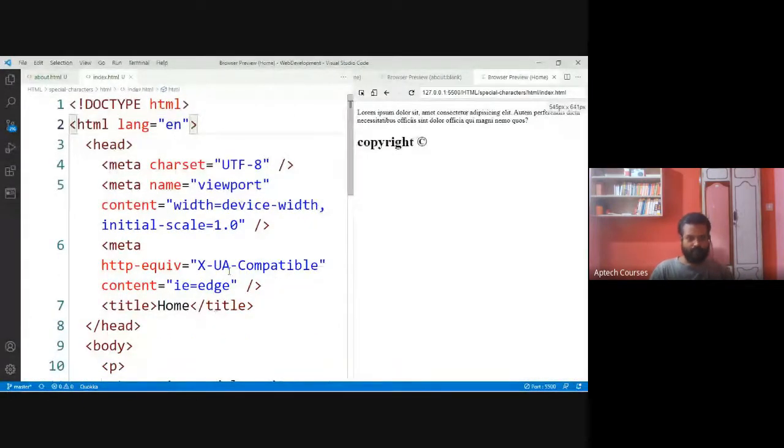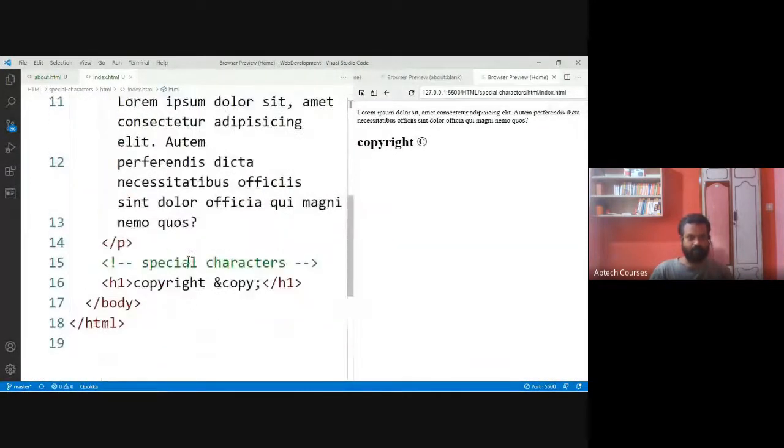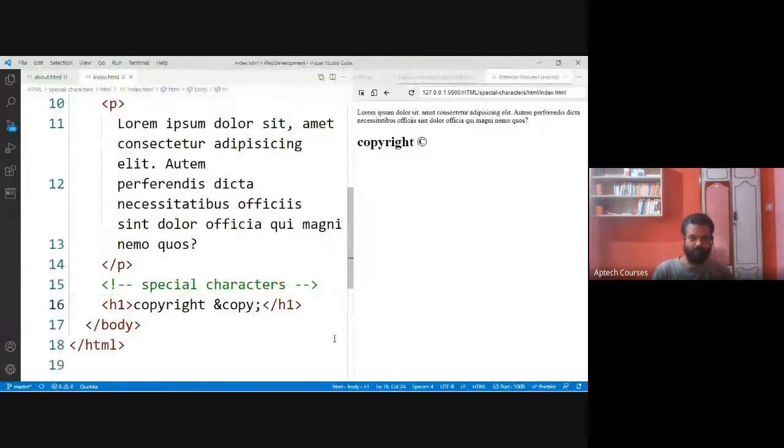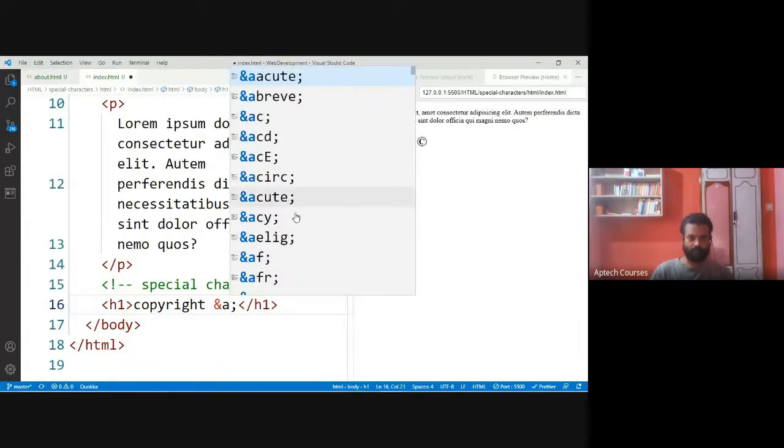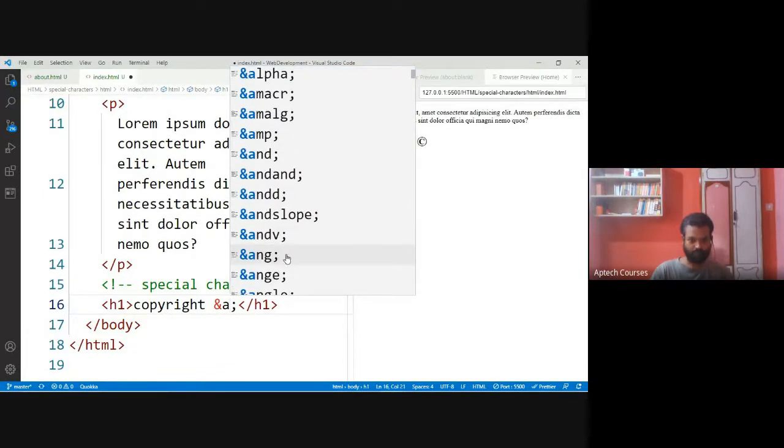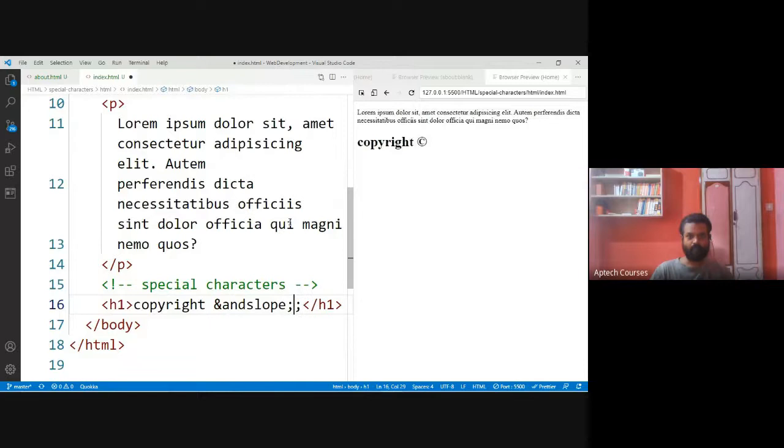So this is how we can get the copyright symbol. Like this, we can get any symbol according to your requirement. Ampersand, if I say something like this one, let me check. Save it. We are getting this symbol.